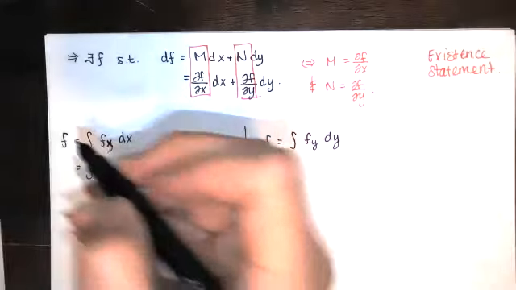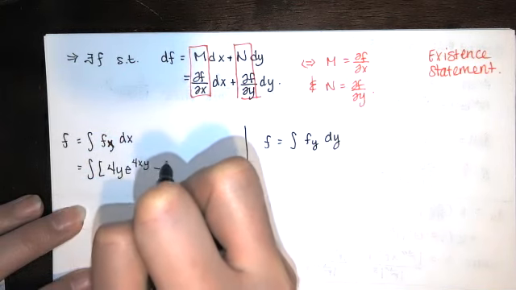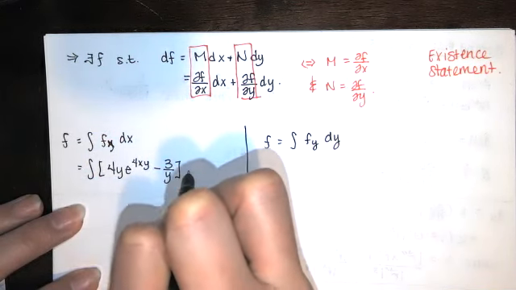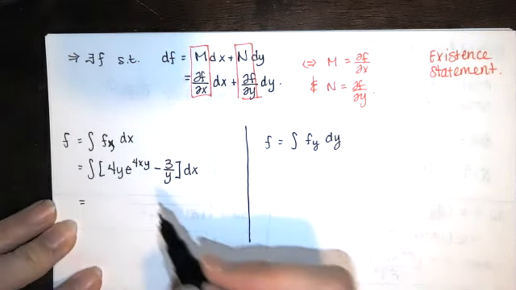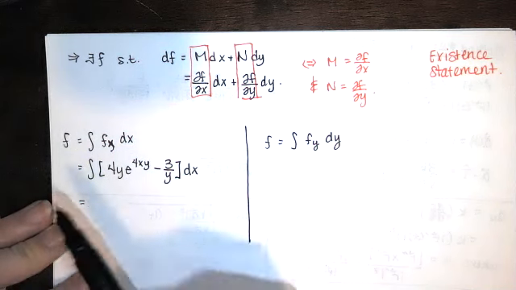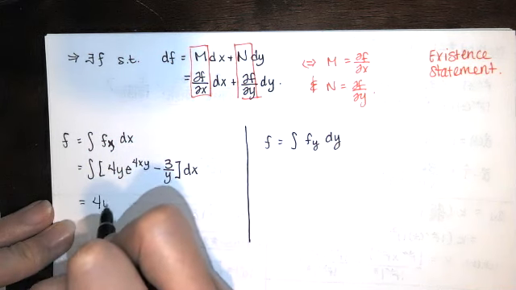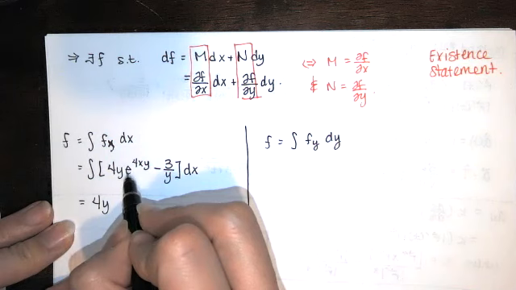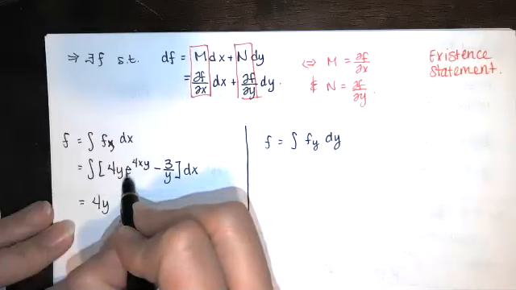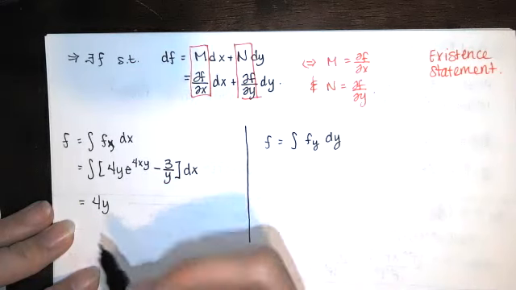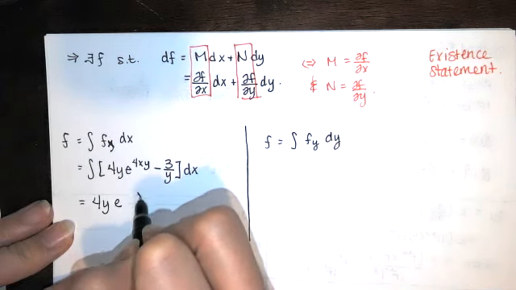function right here. So we had a 4y times this exponential, and then we're subtracting 3 over y, and we're anti-differentiating that with respect to x. Well, if we're anti-differentiating with respect to x, it's just like differentiating, except backwards. These are partial antiderivatives, so we're treating y as a constant. So we bring that 4y down, and we ask ourselves, well, what's the antiderivative of e to the 4xy with respect to x? Well, that's just like e to the constant times x with respect to x. The antiderivative of e to the constant times x power, where our constant is 4y,